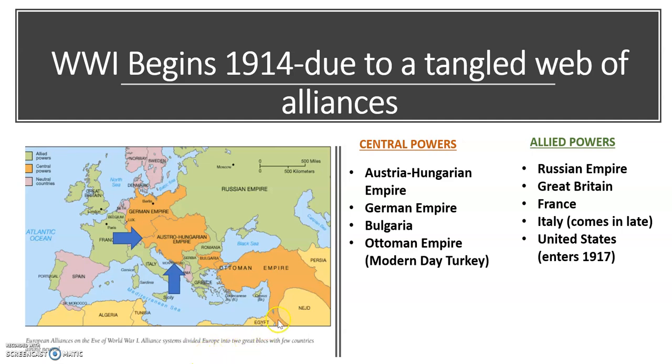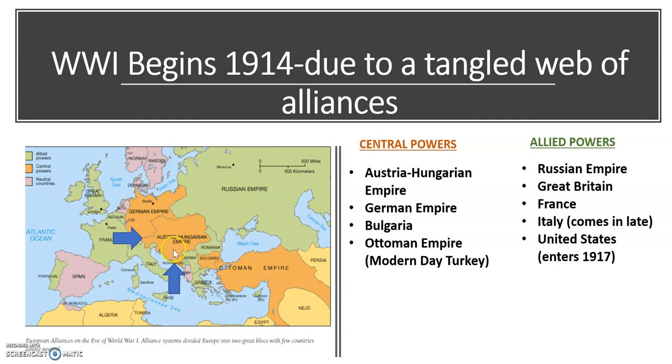So World War I begins in 1914, and what should have been a conflict between the Austrian-Hungary Empire and Serbia, remember, Serbia's the one that sent the terrorist group over here to this annexed area to assassinate the next in line to the Austrian-Hungary Empire, Archduke Franz Ferdinand. Well, because of this tangled web of alliances, instead of a war between two, it's going to create a world war between all of the major empires.